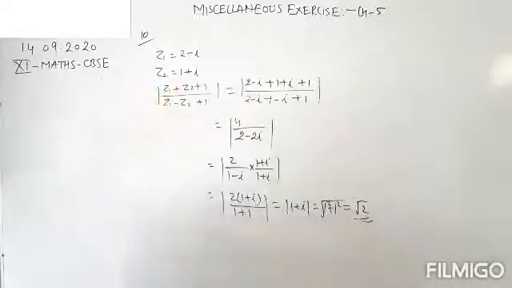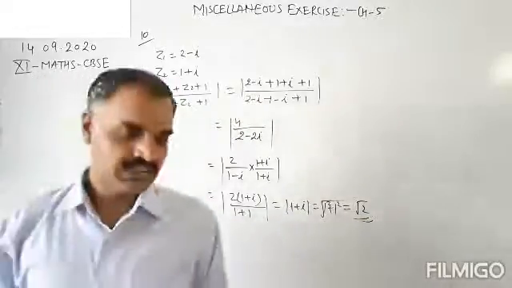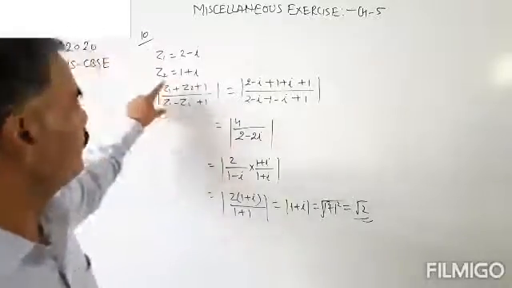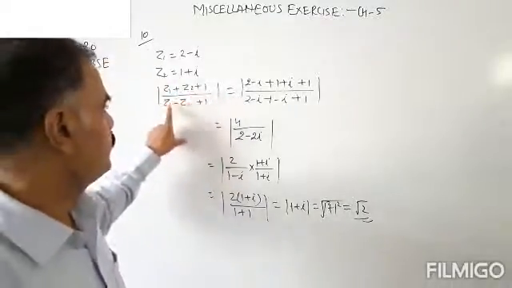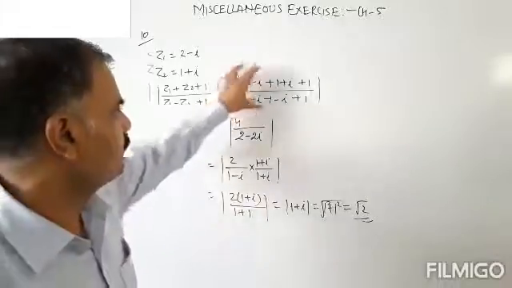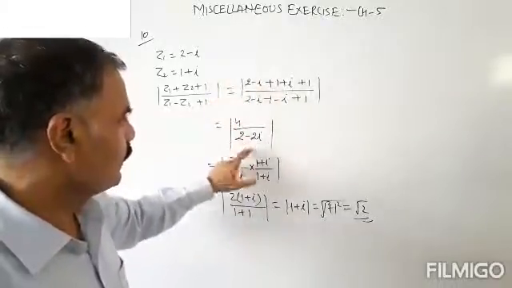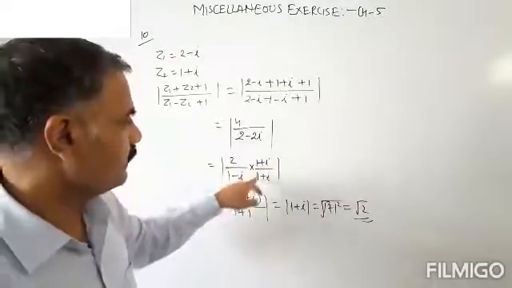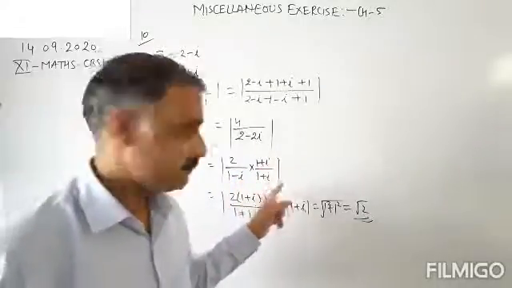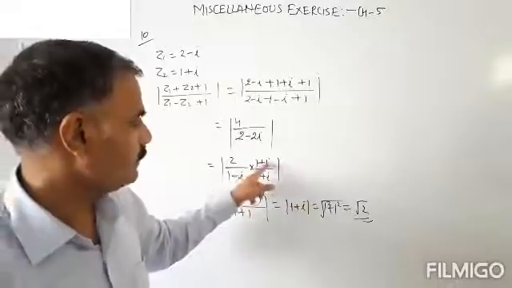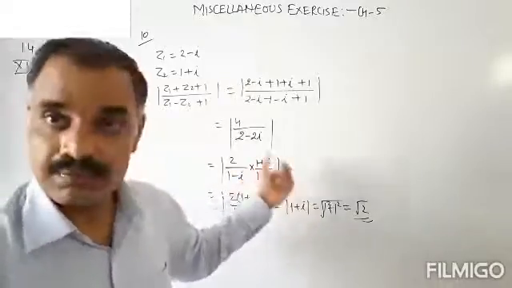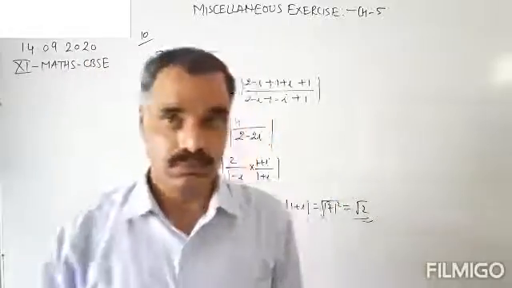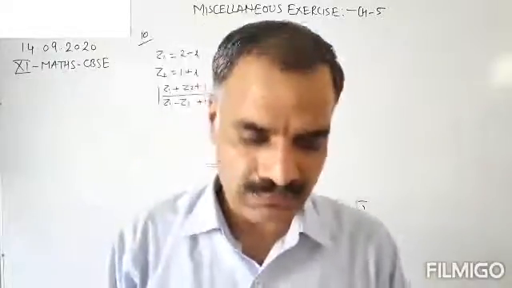So the value of the given complex number is very simple to find. Just put the values of Z1 and Z2, solve, take common and cancel, and then 2 upon 1 minus iota, multiply with the complex conjugate, and after that we will have the answer. Not a difficult task, very easy question.